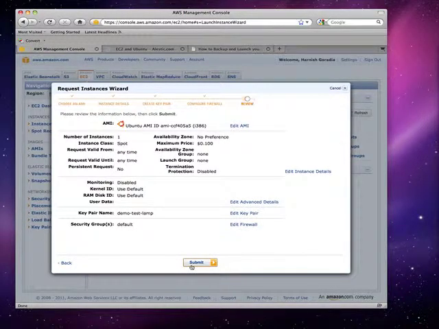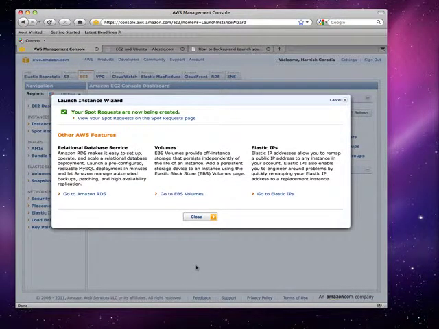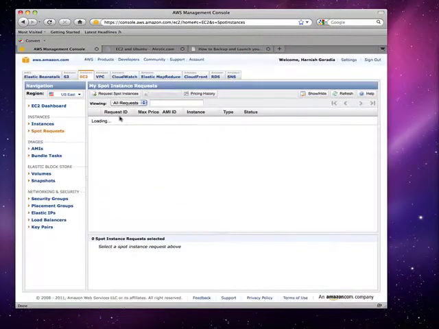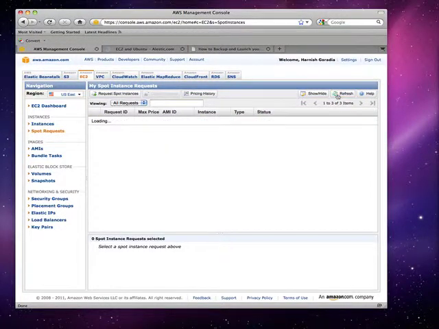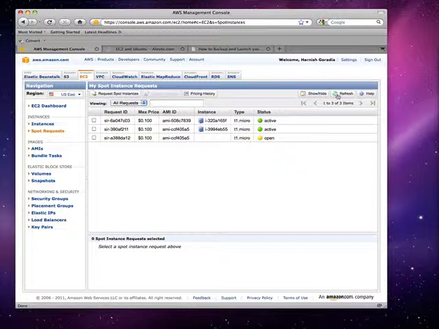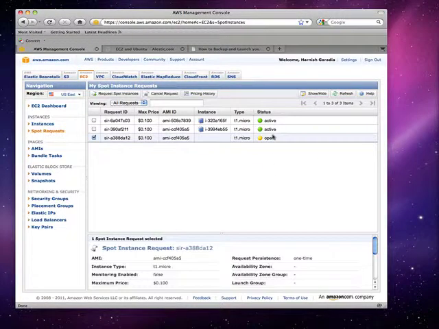Okay, this is the final screen. What kind of AMI? What type of instance? Availability zone. What is the max bid price? 10 cents. We will submit this. This might take about 3 or 4 minutes to spawn. So what this screen tells us is all my spot instance requests. It shows me what instances are active and what is open. So our newest request is still open. It will turn green once the machine is spawned.